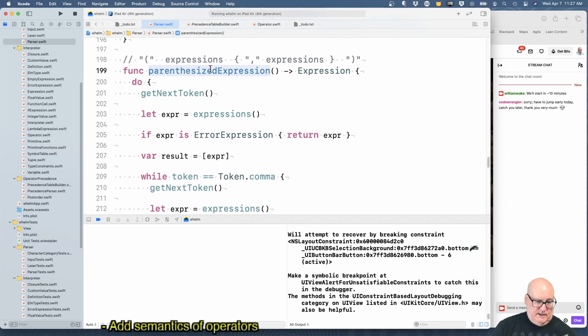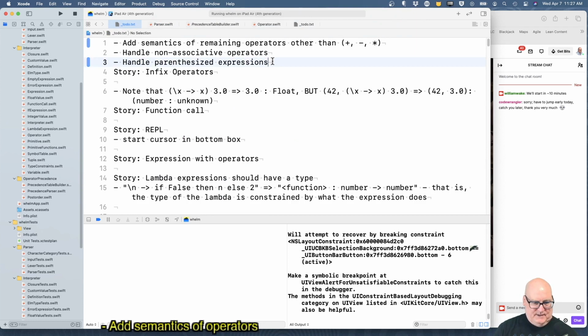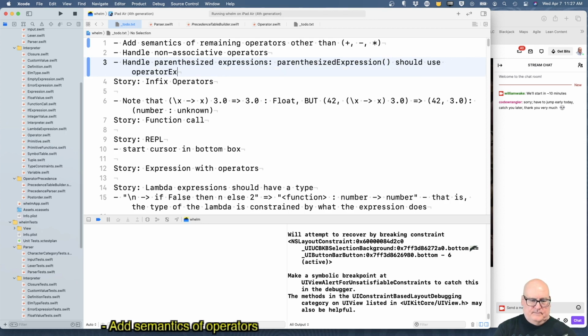Okay, so we'll just say check out this. We're running low on time. This is the recursion. We let you do parenthesized expressions, but they don't know how to handle operators.